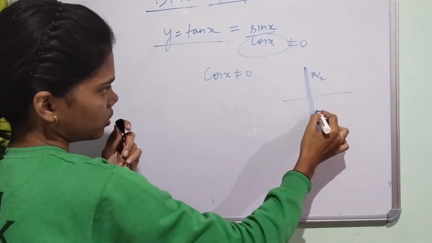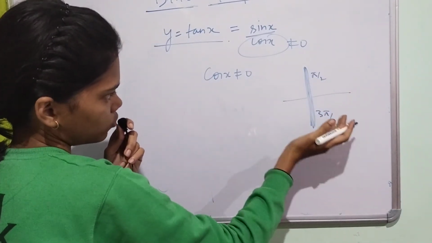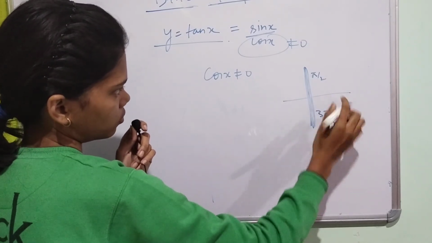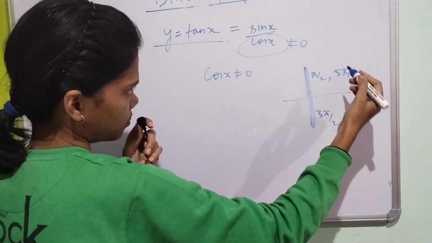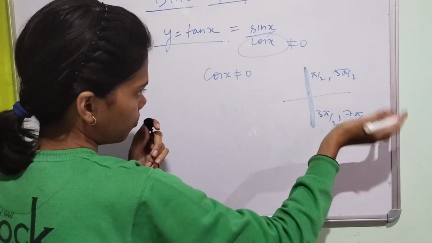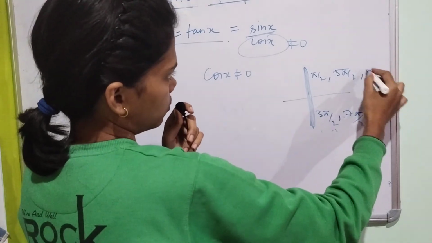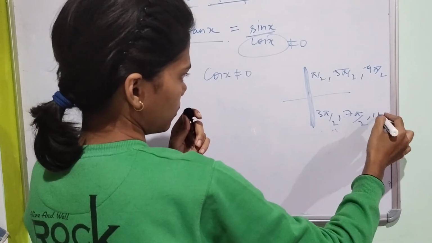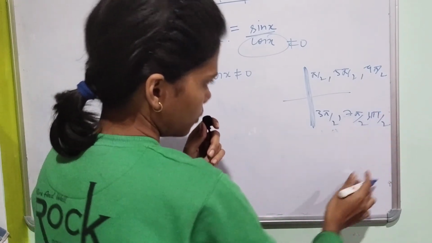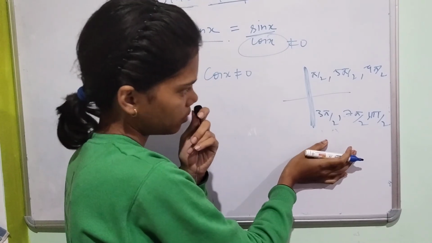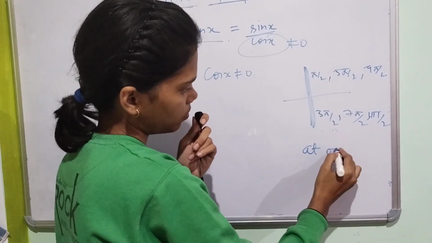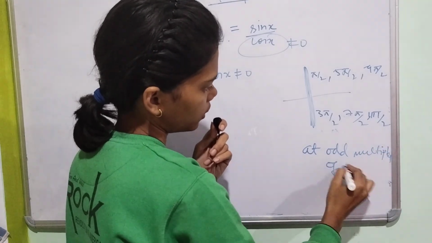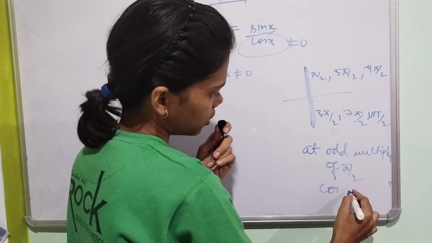And what is this line? Pi by 2, 3 pi by 2, 3 pi by 2 plus pi, which is 5 pi by 2. Then again 5 pi by 2 plus pi, 7 pi by 2, plus pi, 9 pi by 2, again plus pi, 11 pi by 2. So you can see that at odd multiples of pi by 2, cos is becoming